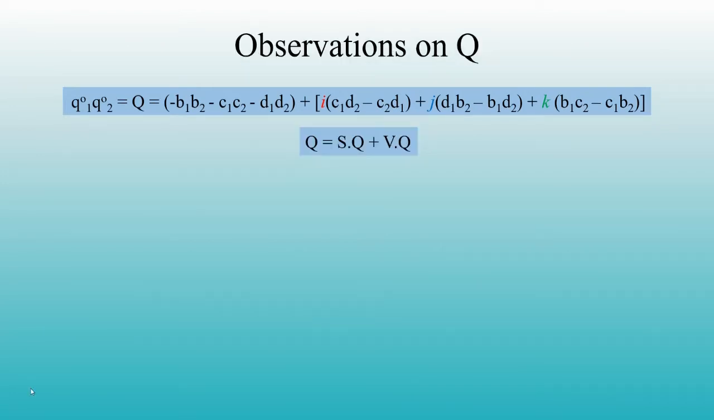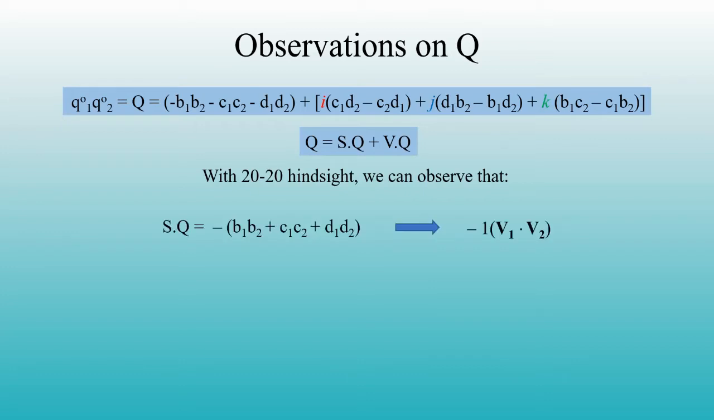Hamilton writes capital Q as the sum S.Q and V.Q. I want to reiterate that capital Q is not just any quaternion. It explicitly refers to those quaternions that are the product of two zero real quaternions. With the benefit of 2020 hindsight, we can see that the scalar part of this special quaternion, S.Q, is -1